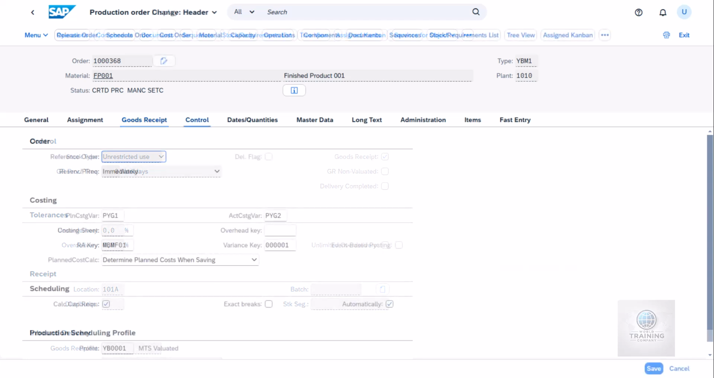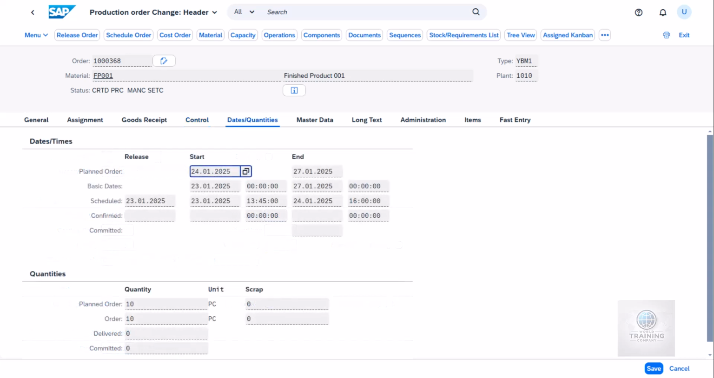Next, we look at the Control tab. In this area, we review parameters related to costing, such as planned costs and variance keys. These settings influence how the order's financial aspects are managed within the system. Finally, we examine the Dates and Quantities tab. This tab consolidates information about the planned production timeline, including release, start, and end dates, alongside the quantities to be